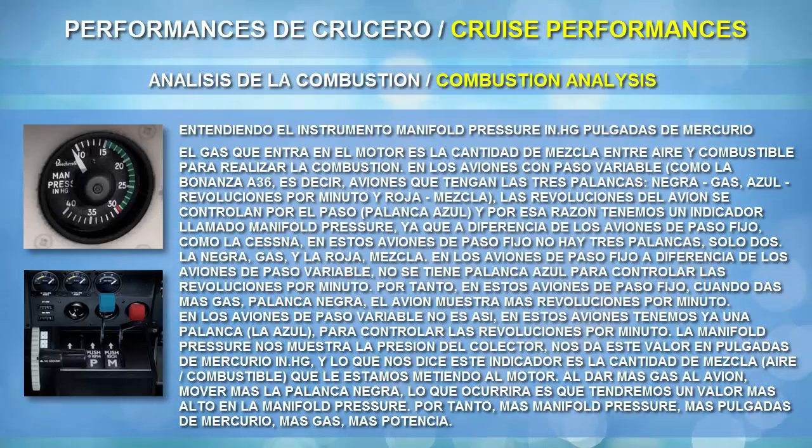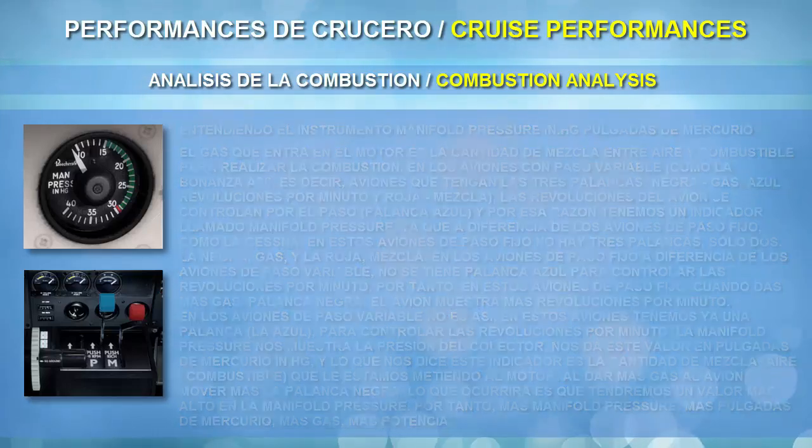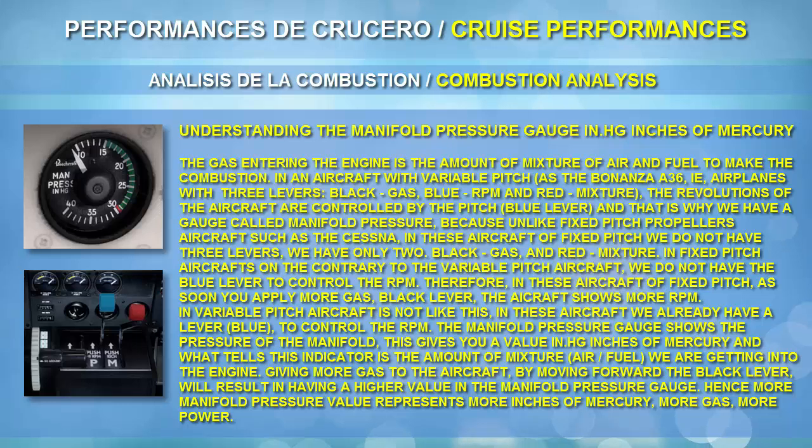So what we need to do is to put the needle there, but the manifold pressure instrument is telling us the power we are using in our engine. Okay, so we need to understand that we have several aircraft, and this is very important. We have aircraft with variable pitch and fixed pitch. For example, the gas entering the engine is the amount of mixture of air and fuel to make the combustion. In an aircraft with variable pitch, the Bonanza A36, for example, we have planes with 3 levers: black gas, blue RPM, and red mixture. The revolutions of the aircraft are controlled by the pitch, the blue lever,